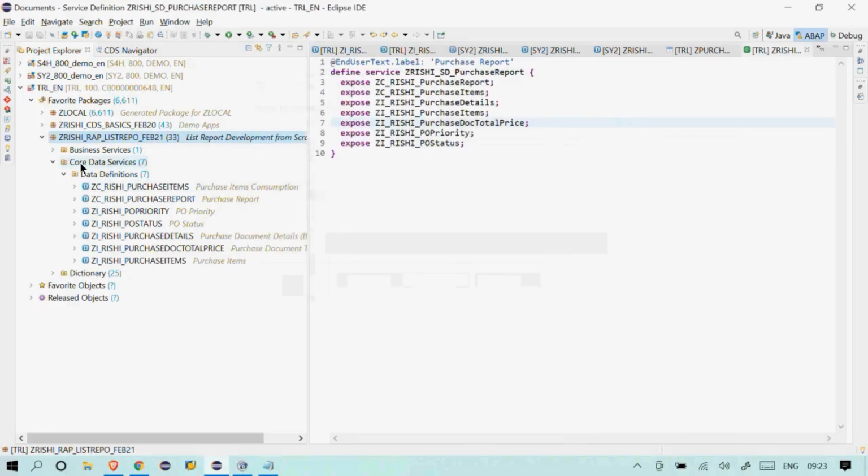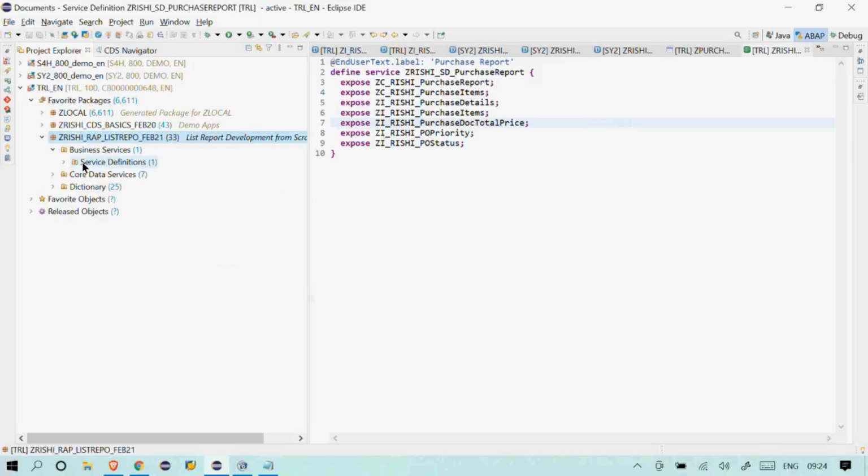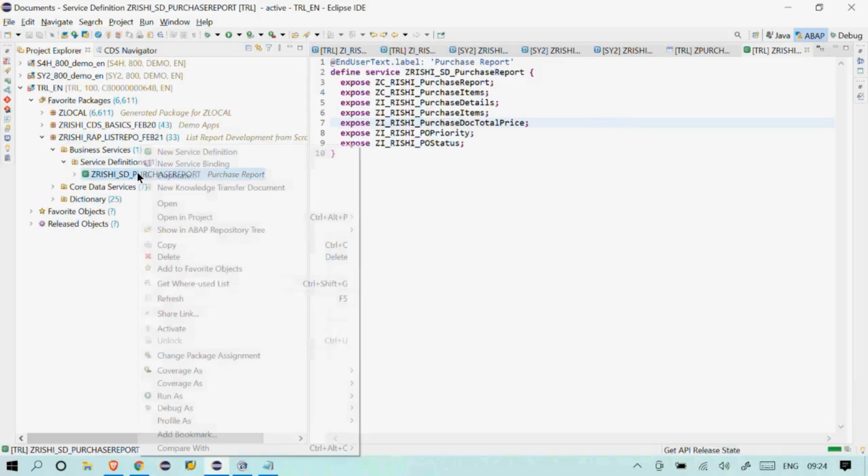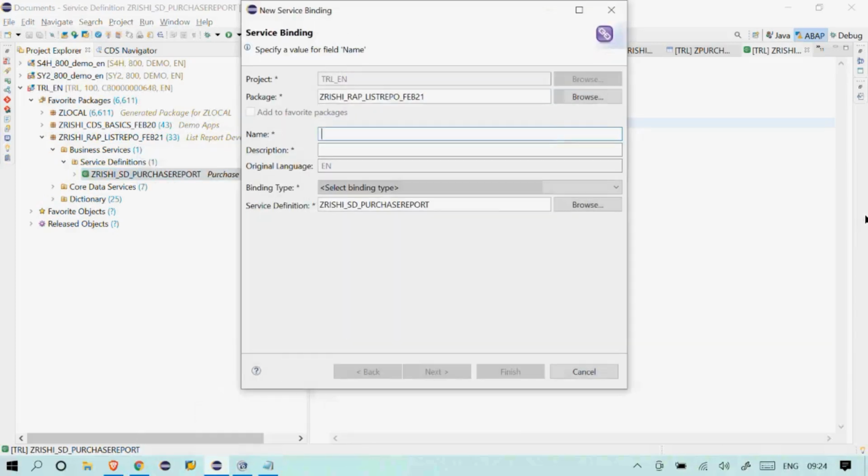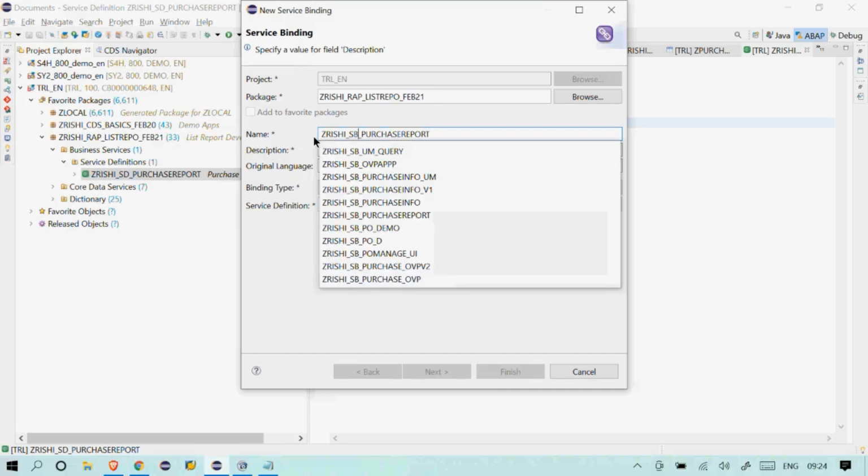Or you can directly go to your business service here and right click here, explicitly telling that for this service I'm going to create a service binding, so that it automatically populates here. You do not have to type the service definition again. So I'll say service binding, and I'll change the name to SB.